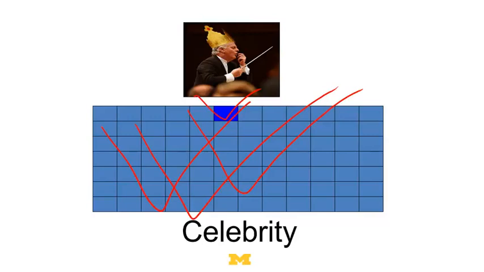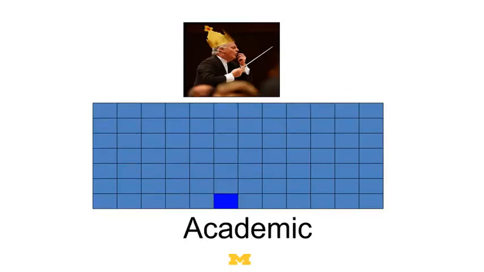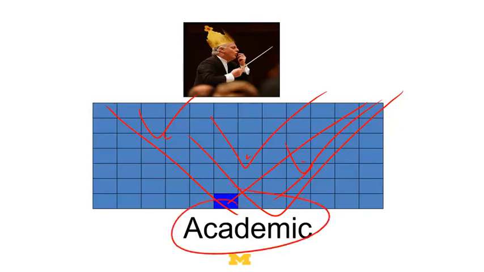Now, what about people in the back? These people in the back, they can see almost everybody, right? But almost nobody can see them, right? Anybody sitting in here, nobody can see these people. They can't unless they can look through the back of their heads or they turn around or something. Well, these are more like academics. These are more like people like me. We spend a lot of time studying how the world works, but not that many people pay attention to what we say. More people care what Oprah or Ashton Kutcher says than what I say. So as a result, even though we have a better sense of what's going on, nobody listens to us.